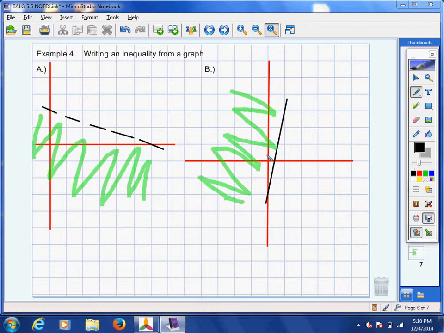I'm going to start with letter A. And I did the best I could, so I'm sorry my little dash line is so curvy looking. I tried to get it as straight as I could. It's hard to do in the software. So first thing I want you to do is we want to try and find where our line crosses grid intersections, okay? So what I'd like you to do is with your pencil, I want you to circle this point